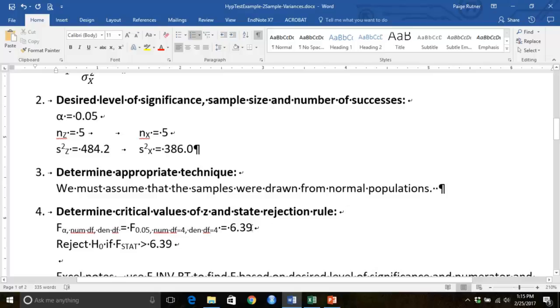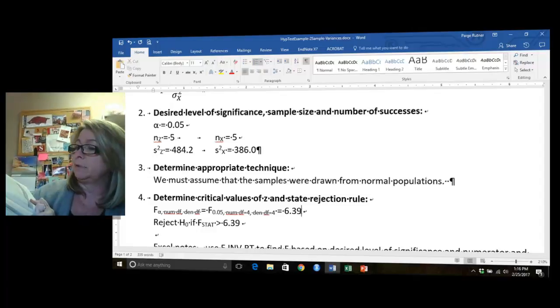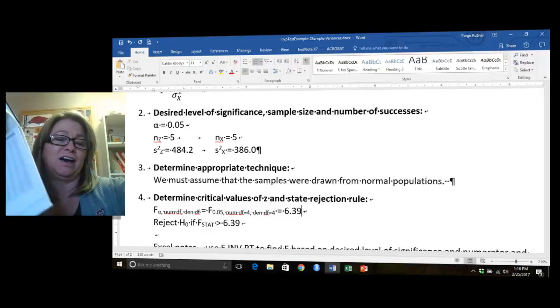Now, we have an F table in the back of the textbook. You can find this. It's table E.5 on page 645 of the,